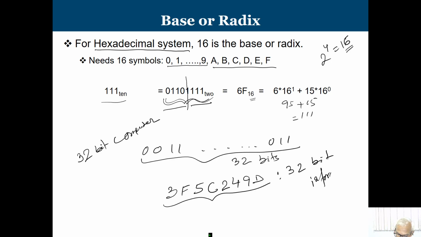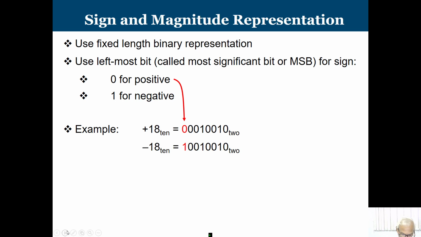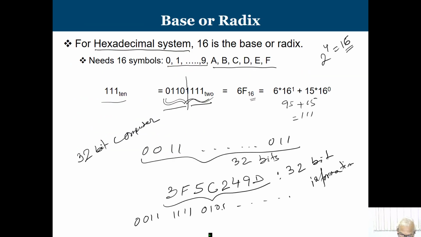When I write it this way, it is easy to visualize what signals, or what kind of information, we are working with. This 3 is nothing but 0011, F is nothing but 1111, 5 is nothing but 0101, and like that we can visualize what kind of information or signals we are giving to the circuit. So, for our convenience, we use the hexadecimal number system to represent and work with information when we discuss digital systems.